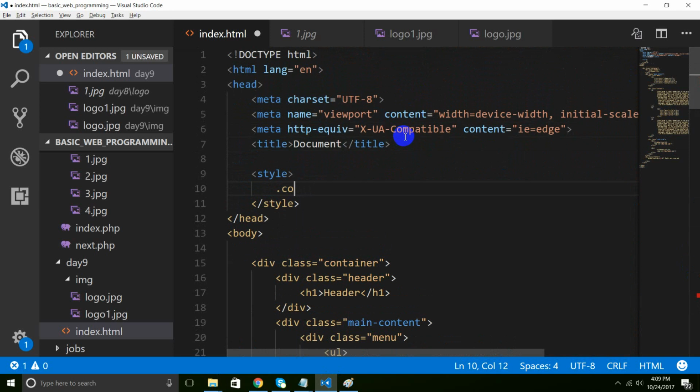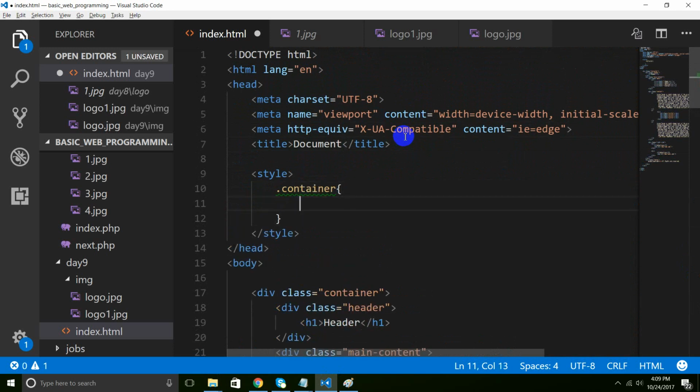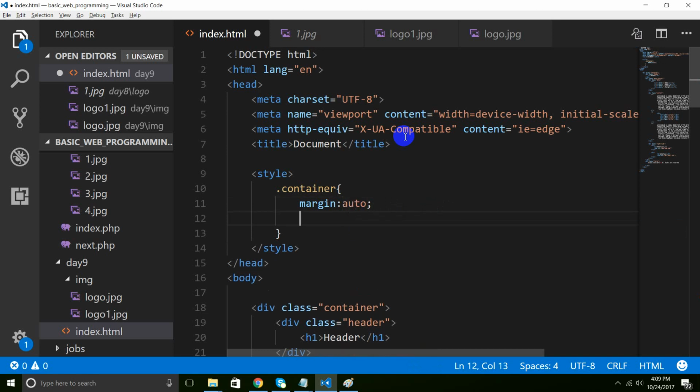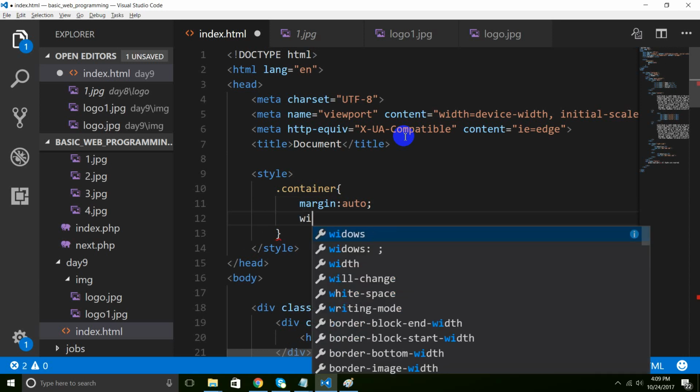Dot container, margin automatic, right? No, no, we are writing our own bootstrap, custom, right? Flexible, yeah. Right. Then I define a width